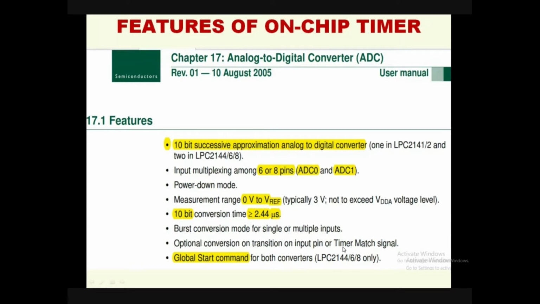So say for example, timer match signal. Timer match signal means we can make use of the timer to overflow once in, say for example, 125 microseconds. We can make the timer match once in 125 microseconds. Already we are clear about the timer. So when 125 microseconds is over, it will match. When it matches, it produces a start of conversion. Meaning what? Every 125 microseconds, there will be a start of conversion. Every 125 microseconds, there will be a sample.